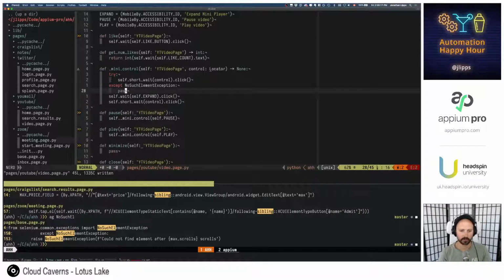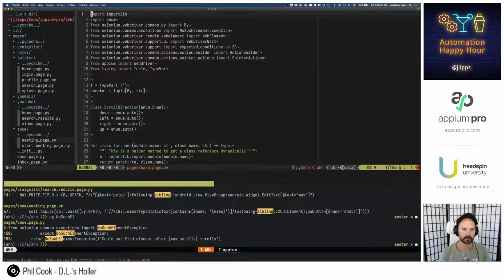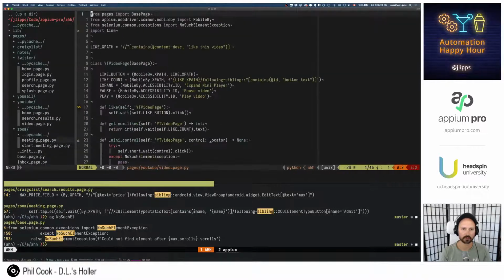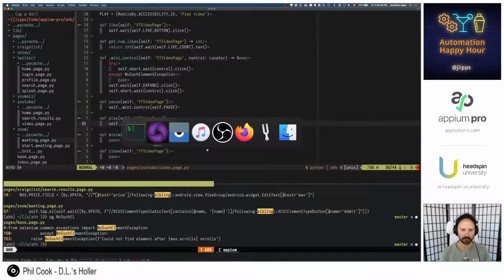We do need to import locator from somewhere. Is that on base page? Yeah. Sweet. All right, so that will pause and play for us.